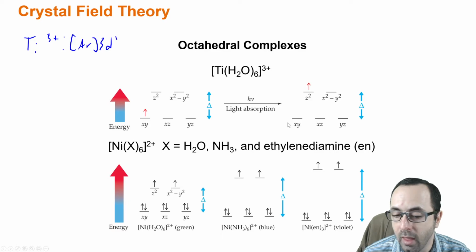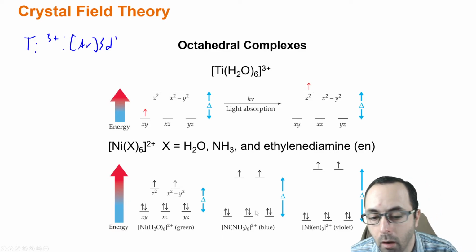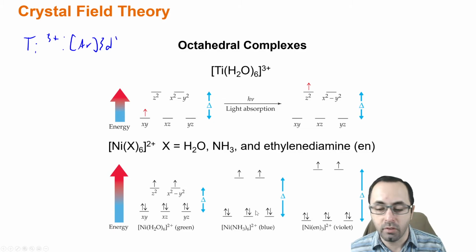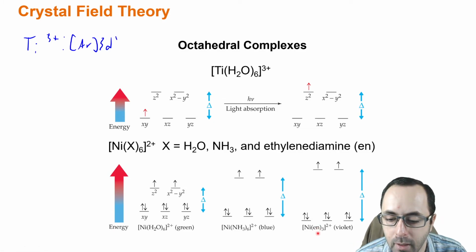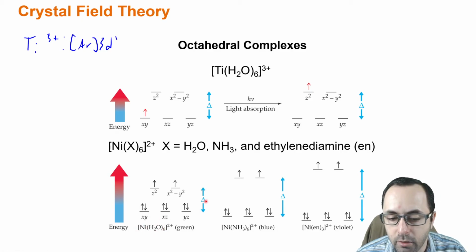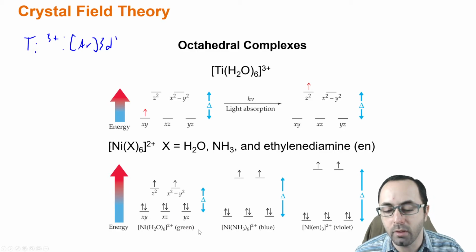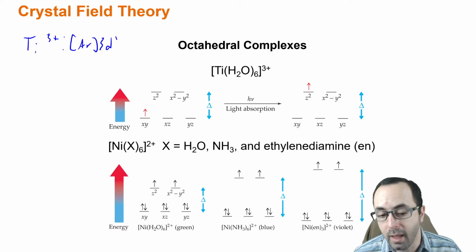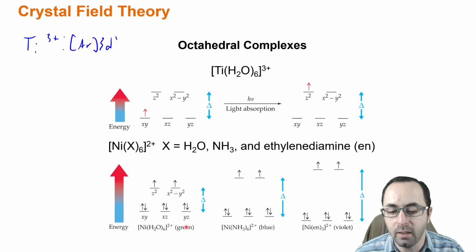Now, that energy difference will depend on which ligand there are. So some ligands, such as ethylene diamine, produce a greater splitting in energy than do other ligands like aqua. And so if we have an aqua ligand, we end up with an energy difference that results in absorbing the color that is complementary to green. So green is not absorbed, it's what's transmitted. And so the complementary color to green, which is red, here red is absorbed, and green is transmitted,